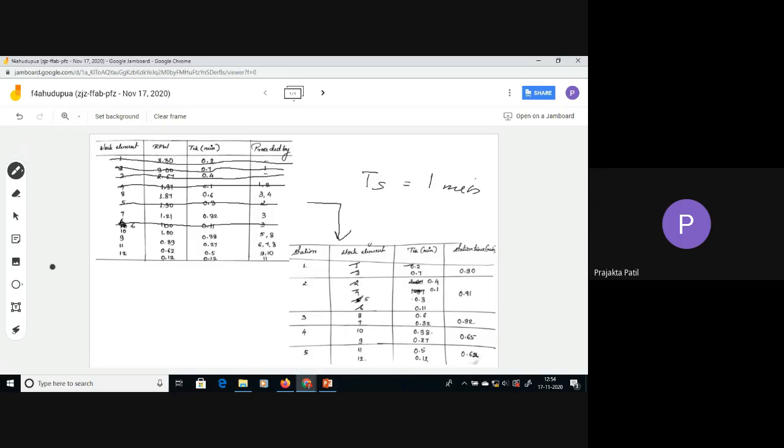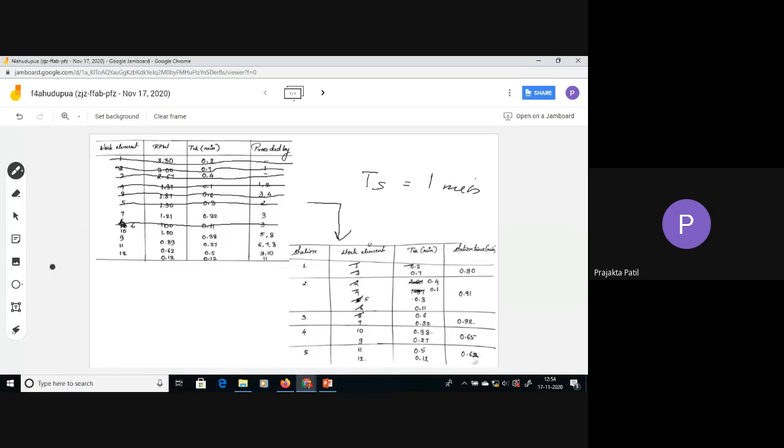So let me now start with the third workstation. At the third workstation, when I start allocating, I have to again start from the top. 1 done, 3 done, 2, 4, let's see, 8. Yes, 3 and 4 have to precede it, and they are already assigned, so we can go for 8. So I will assign 8. 0.6 is the value.